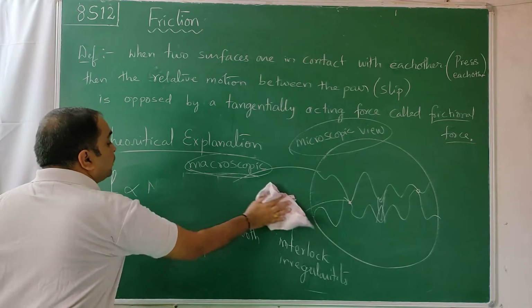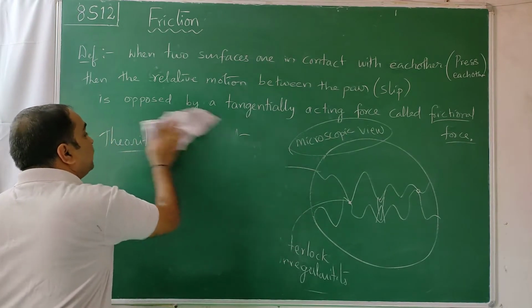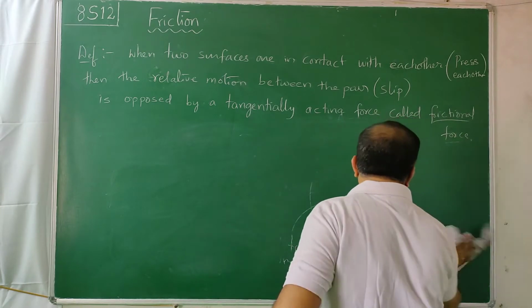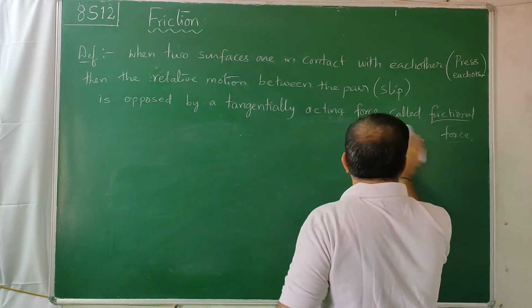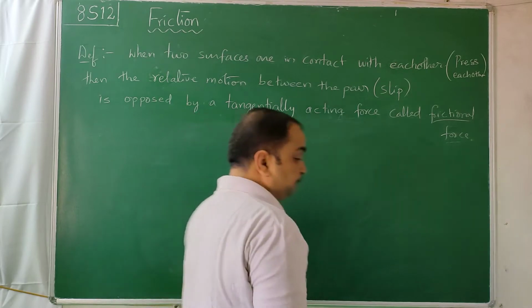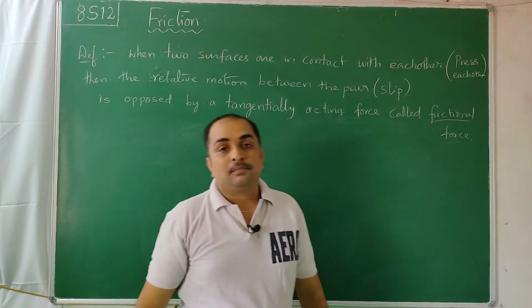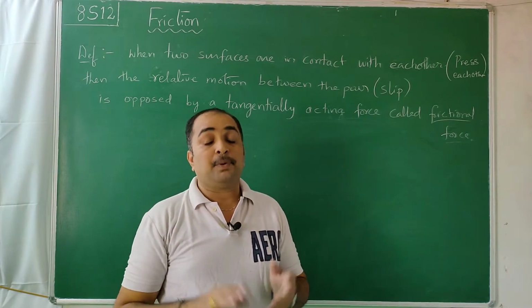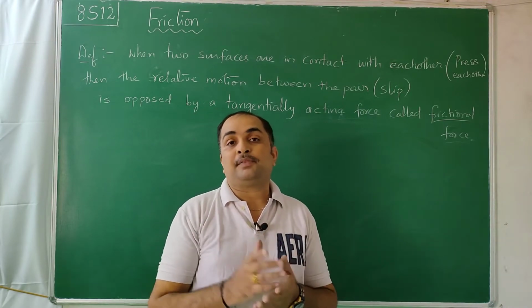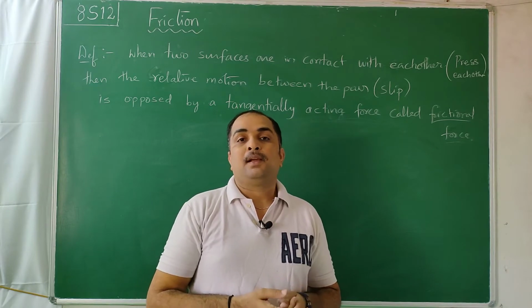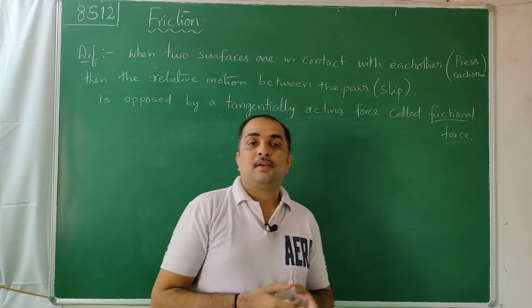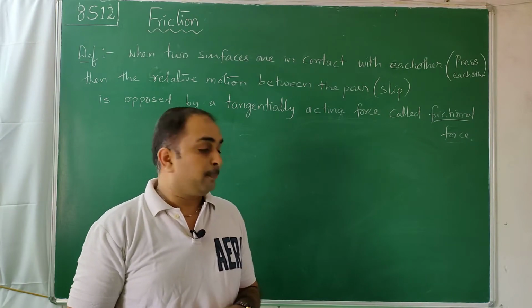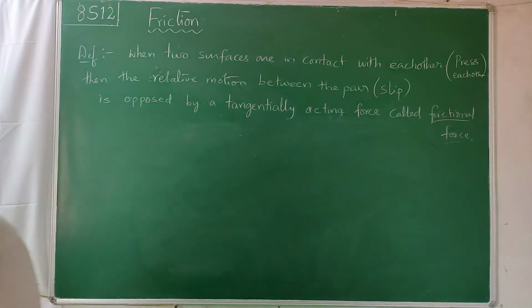This is the theoretical explanation of friction, and I also discussed some practical parts by taking something in my hand. Microscopic viewpoint you can understand only when you have a microscope. And even if you see your hands very nearby, you can see a lot of irregularities in them. But a smooth surface, which with your eye you can't judge for smoothness or roughness, you have to see under a microscope to understand whether it has irregularities or not. This is the introduction to friction.